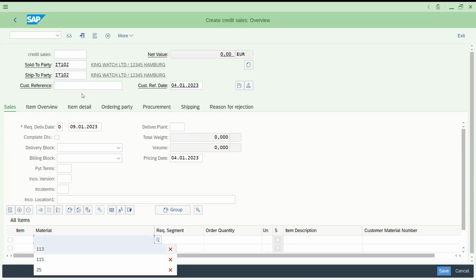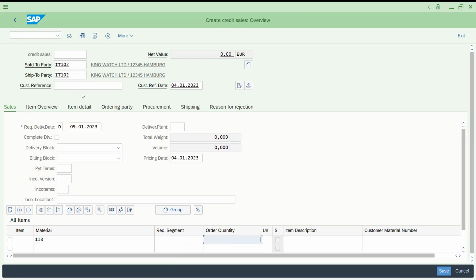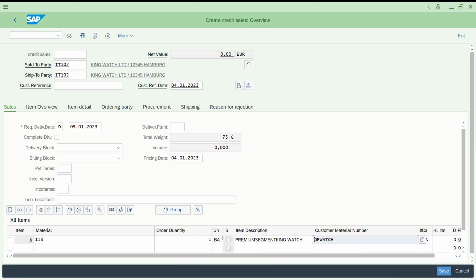Let's try to understand this. I'm just entering this material. Okay. So if you can see, the current item category is 10. Okay, so 10 is actually just a name. As I said, you see your standard item category 10, I explained to you. That is just a name. This 10 can be anything. Let's